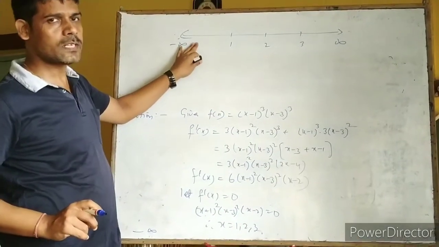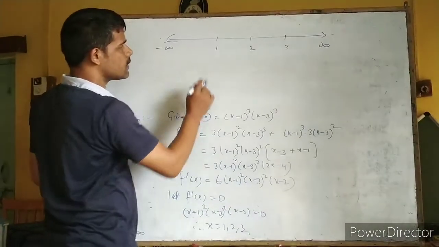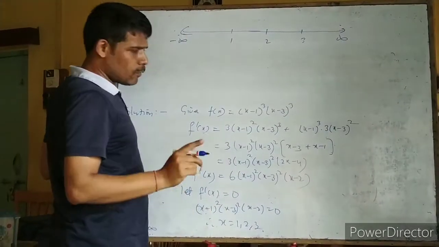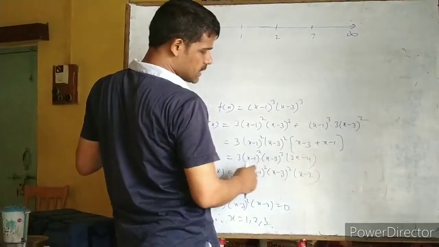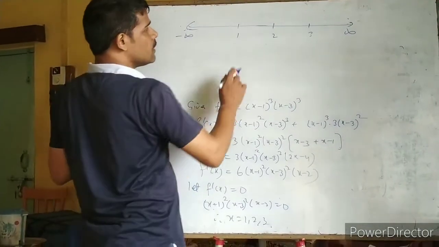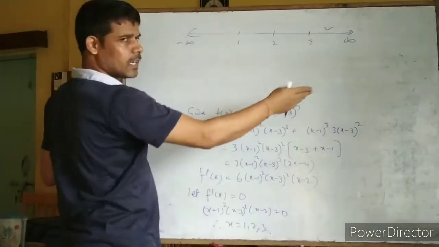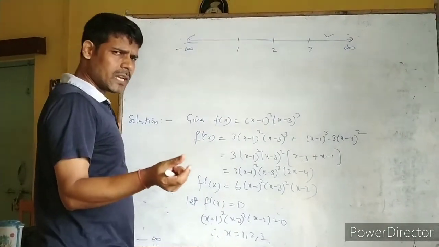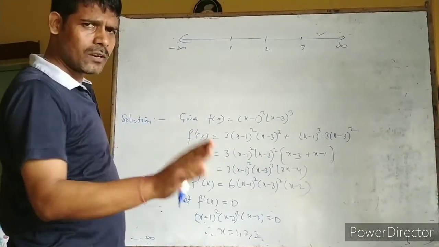Now this is the number line, and on it we have taken 1, 2, 3. Again, what is the target? Our target is to see in which interval this is greater than 0 and in which interval this is less than 0. So what to do? Let us take a number in the rightmost interval, after 3, suppose 4 or 3.5. We take an integer value so that we can easily identify whether it gives positive or negative.